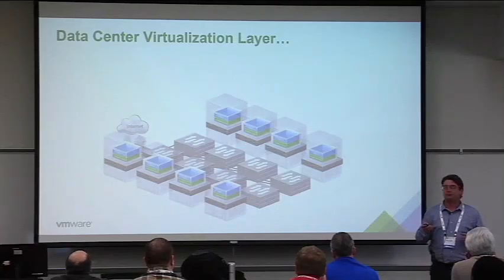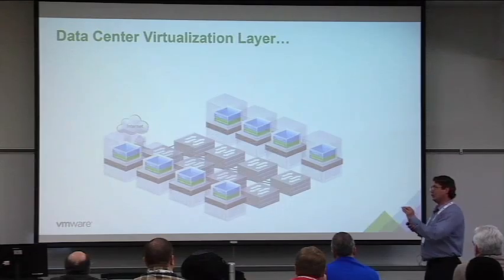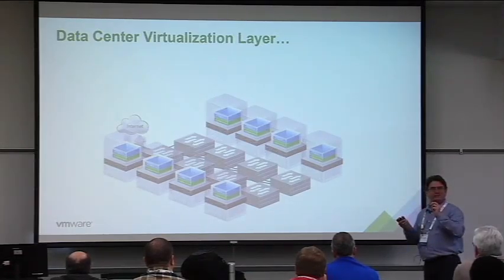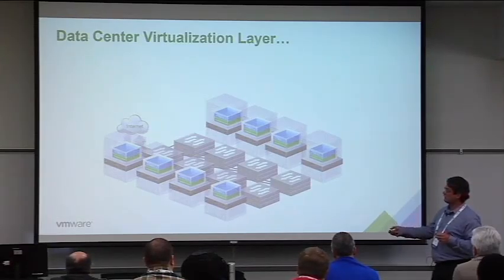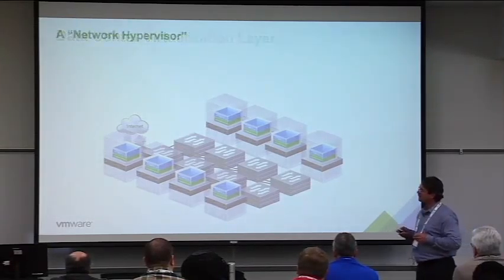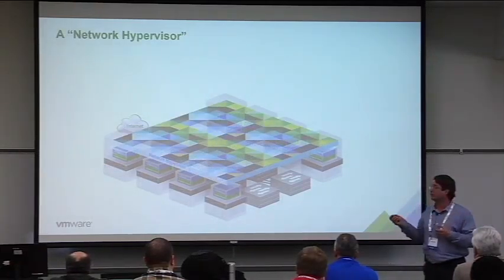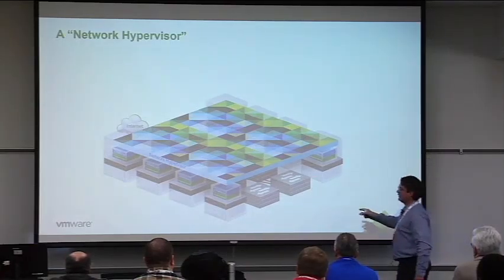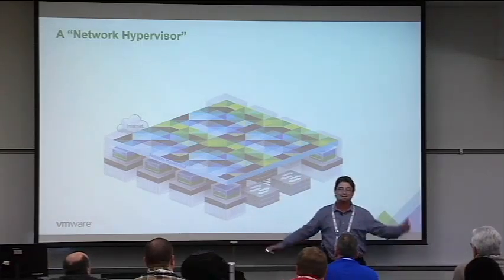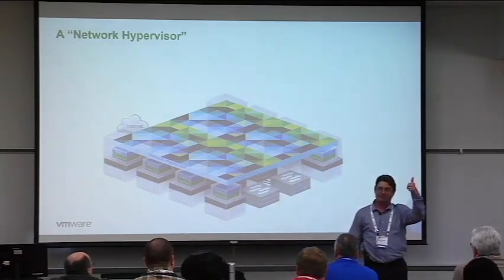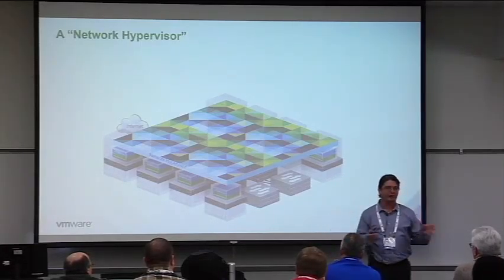Basic virtual networking. What we're talking about doing now with NSX is going from creating virtual NICs and virtual switches and simplifying the communication path between your virtual machines and this physical fabric, and we're actually building a network hypervisor. We're completely abstracting everything that runs on top of here from anything underneath. I don't care if this is multi-vendor, I don't care which vendor it is, as long as it's IP. AppleTalk won't work, but as long as it's IP, I can now virtualize all of the networking that you need inside